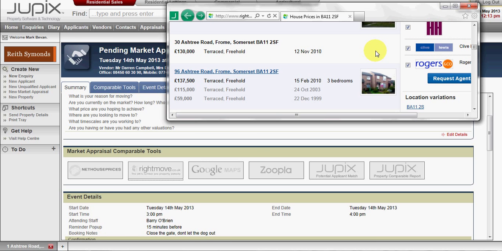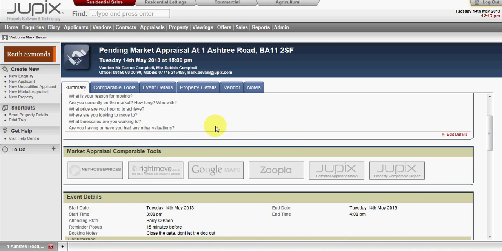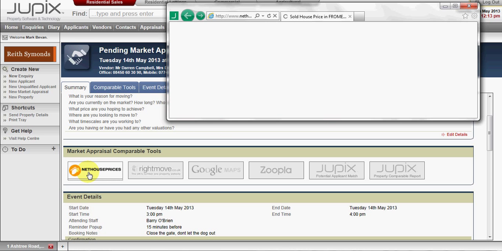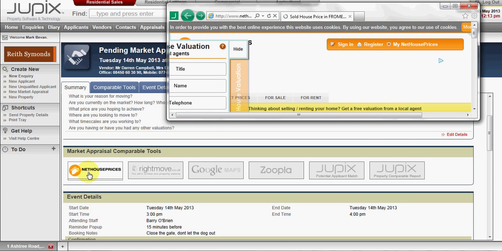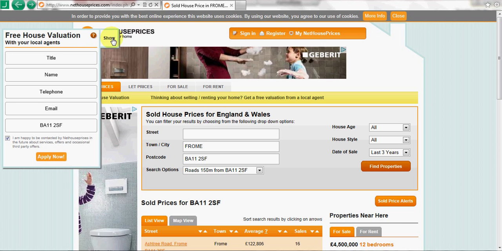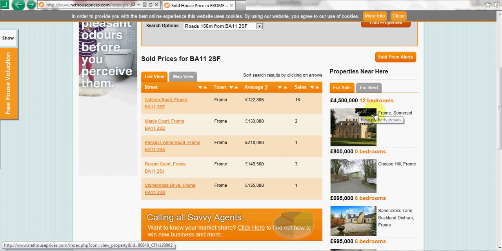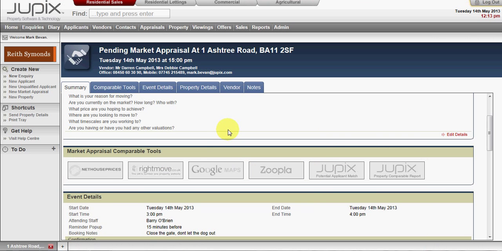It doesn't log into Rightmove admin. You're going to have to do that. That is actually at the bottom of the Rightmove page. As you can see, you've got Rightmove Plus. There we go. Okay, so you can do your best price guide. It does take you into net house prices. Net house prices seem to like all these pop-ups at the moment. But anyway, there's all the properties. 4.5 million, if only. Okay, Google Maps will take you to where that property is. Zoopla, again,